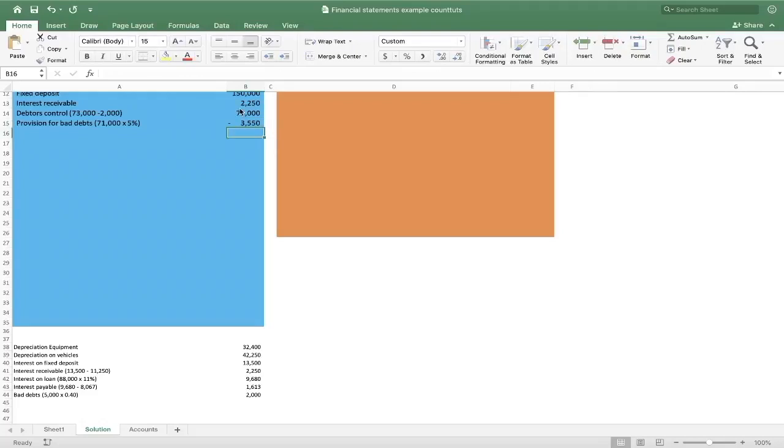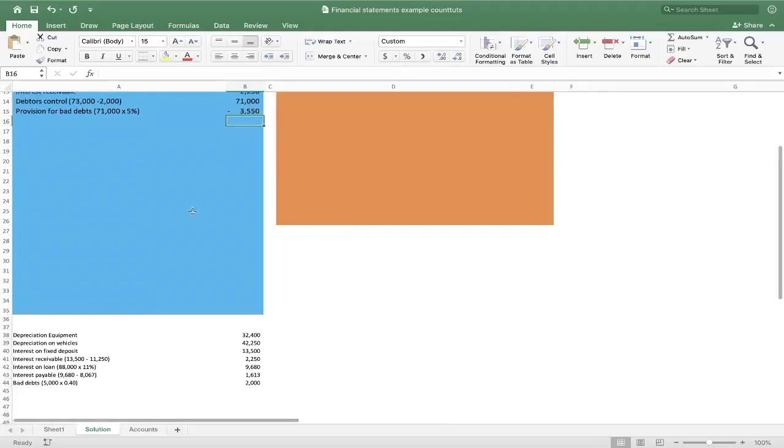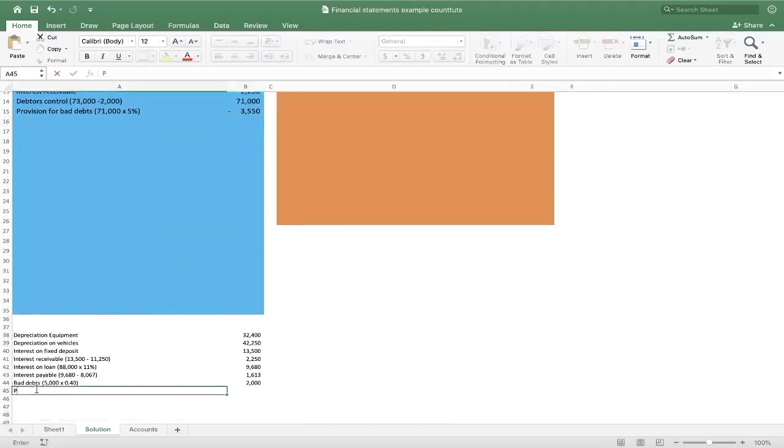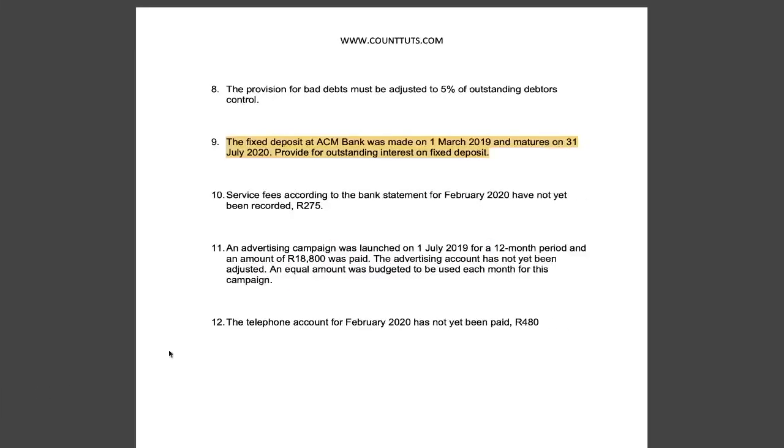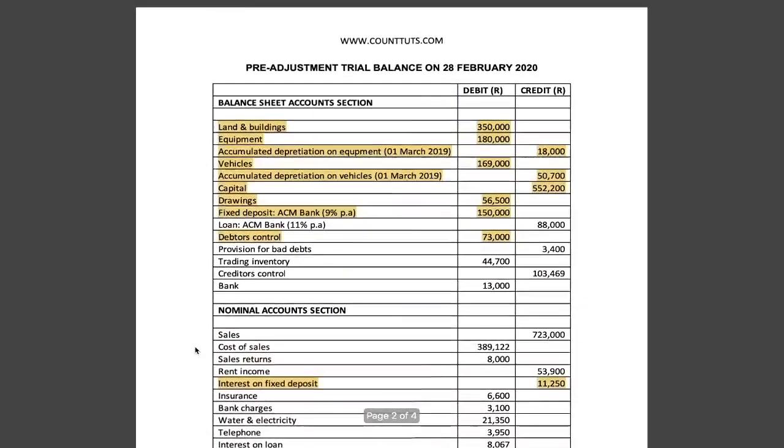Now, the next thing that we need to do with provision for bad debts is to compare which one is higher. Is this new one higher or the one that we have in the pre-adjustment trial balance? Because that will affect our income statement. It will go into our income statement. So I'm just comparing the old bad debts to the new bad debts. The old one, how much was it? We go up, you can see the provision for bad debts is 3,400 rand. That is the old one. But the new one is